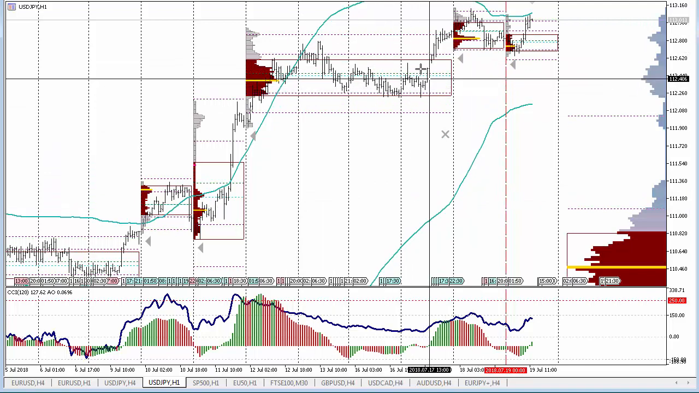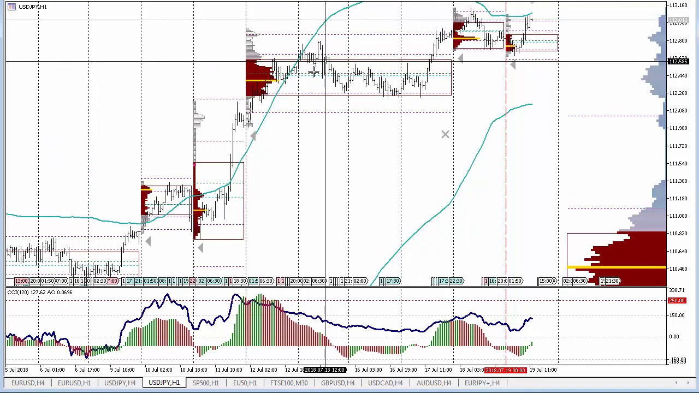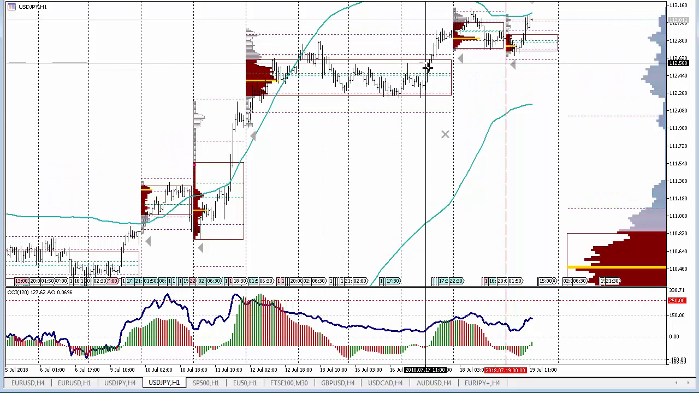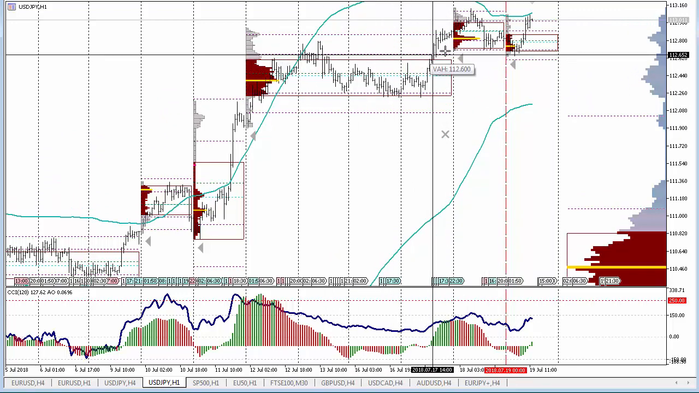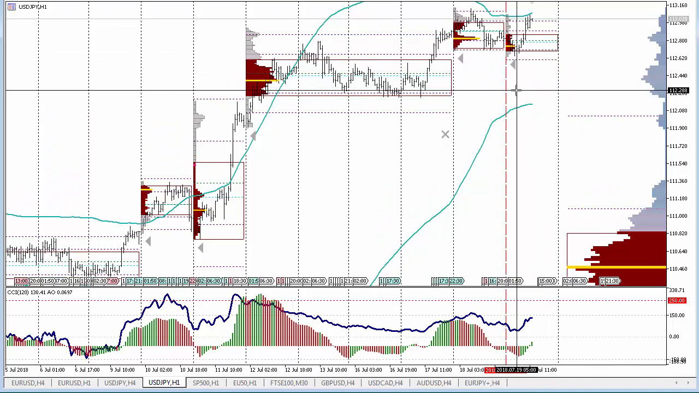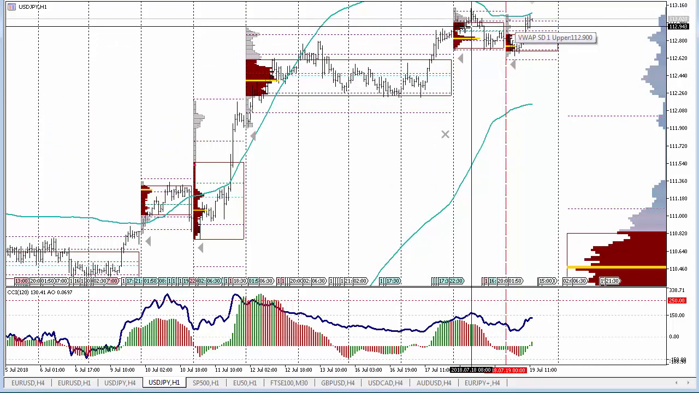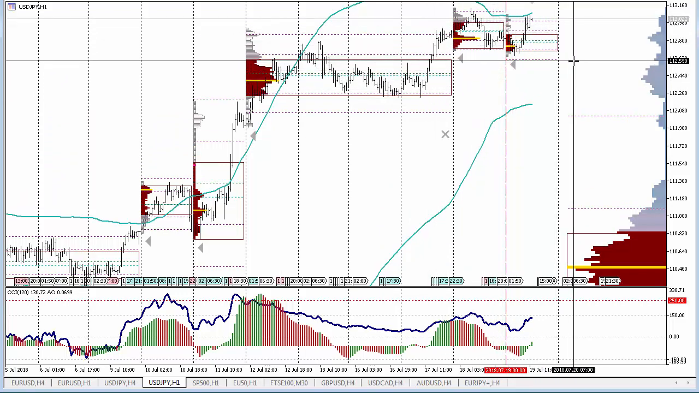Right now, I notice this high volume node right here, this value area. I can see that the price is bouncing on top of the value area high. I'm not going to look for a short here. I will wait until this level is taken out. So this is now becoming an important level,